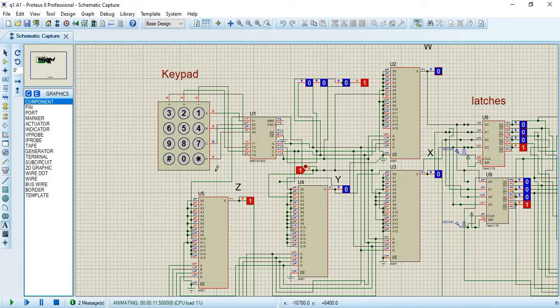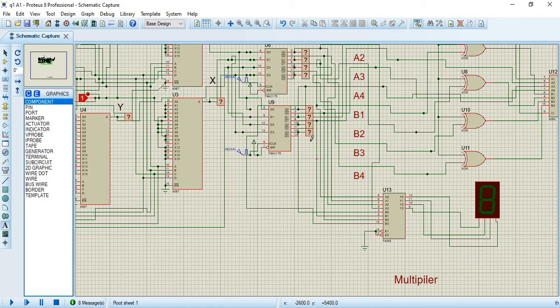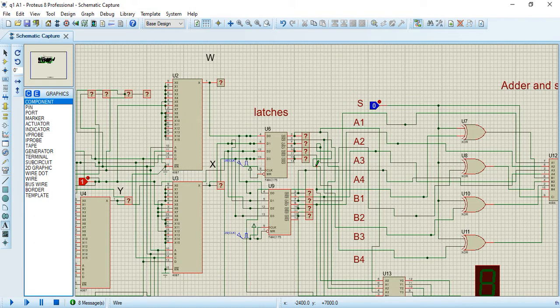After that, when I press 2, the output is 0010, which is equivalent to 2 in binary. In this way we can verify that our keypad is working properly. Now let's head to our second part, which is the latches.